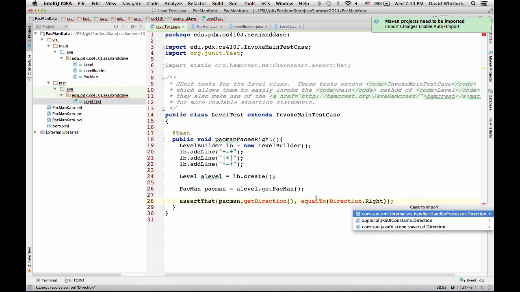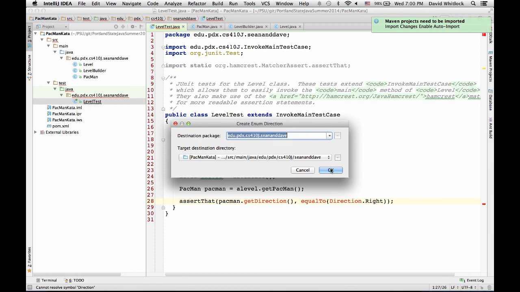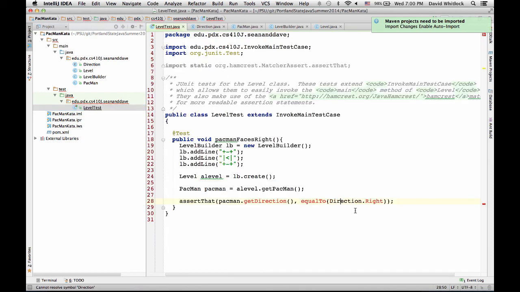Hit escape, try it again. There we go, create class. Create a new top level, that'll be fine. Now let's go back and create right. Yeah, nice. And let's import that.